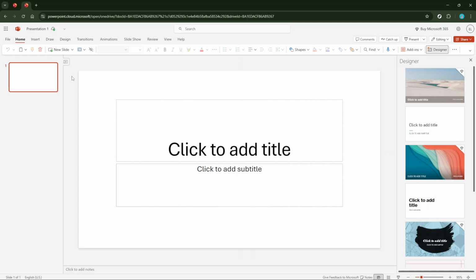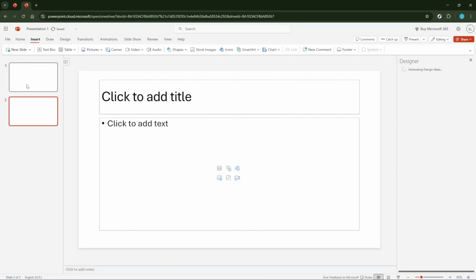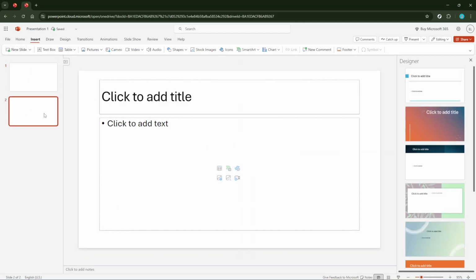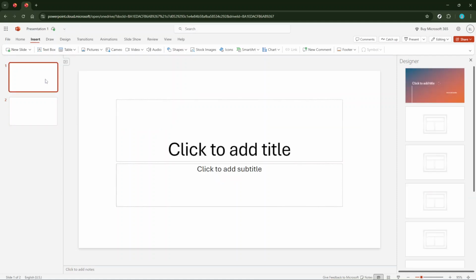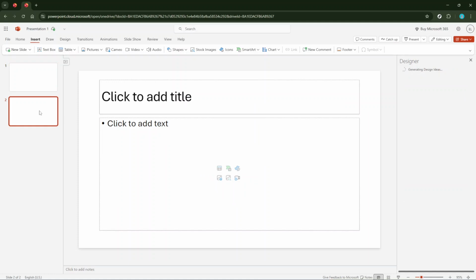Once you have your new presentation open, you'll want to add a blank slide, which provides a clean slate without the default placeholders. To do this, navigate to the Home tab on your toolbar. Find and click on the New Slide button, and from the drop-down menu, select Blank. Choosing a blank slide ensures you're not constrained by predefined text boxes or structures, giving you full control over your layout.